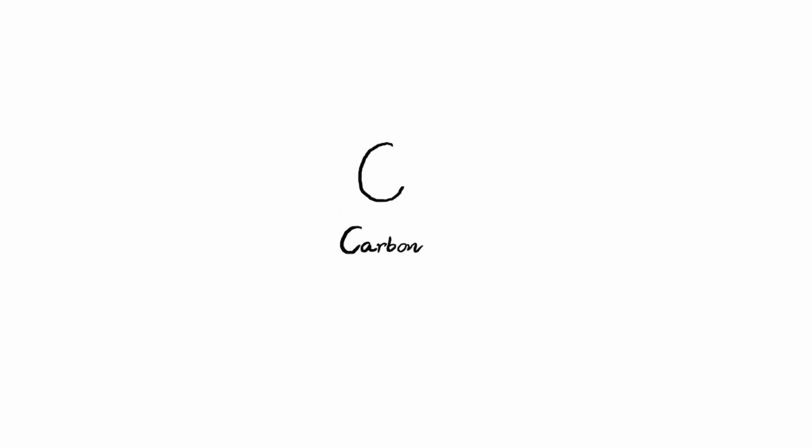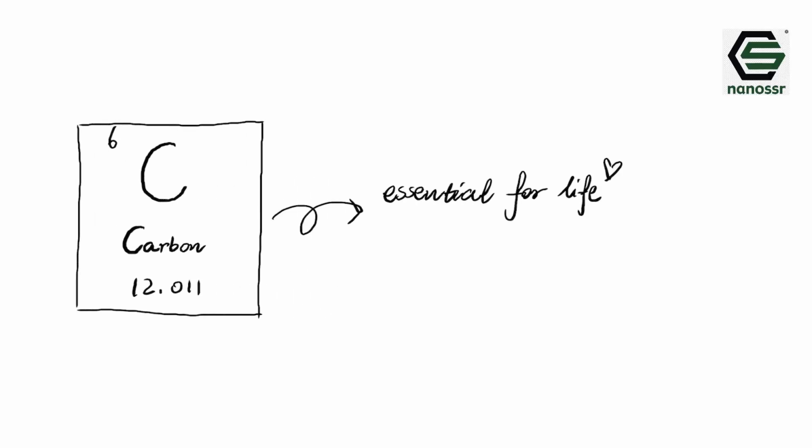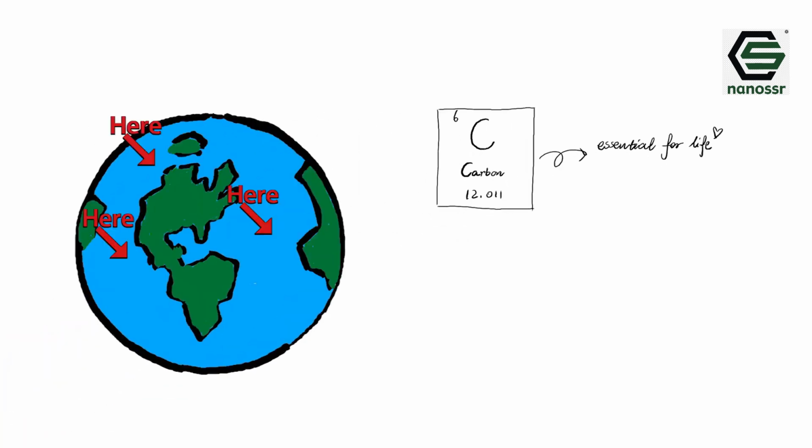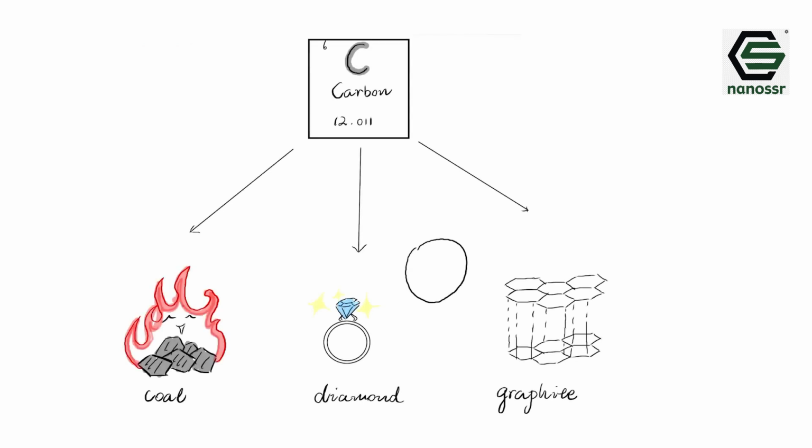Carbon. It's one of the most abundant elements on Earth, is essential for life and found in various forms and compounds all over the planet. Pure carbon can exist in many different states, known as allotropes, and until very recently, the only known examples were